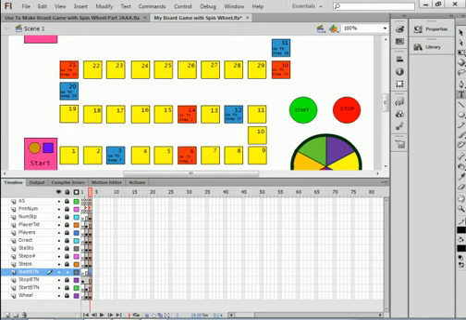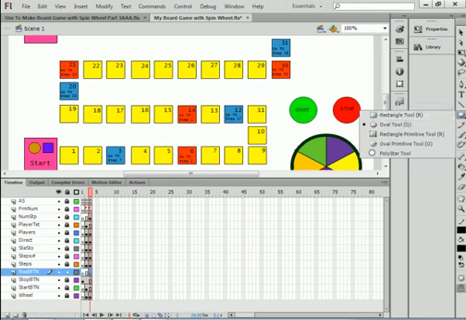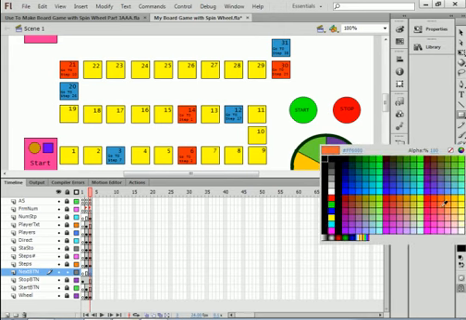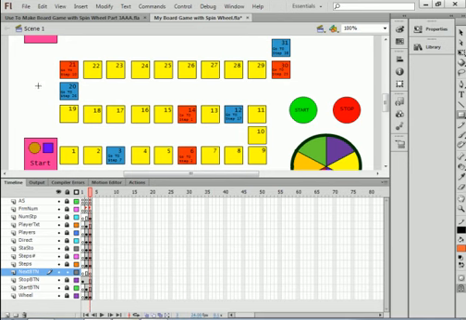I'm going to pick up my rectangle tool. There's the oval tool. I want the rectangle tool. Click on the corner, rectangle tool. I want the outside to be black, and I want some other color to be my fill. Make sure I've got this frame selected. I'm drawing a little rectangle. There it is. Pick up my selection tool, highlight it,